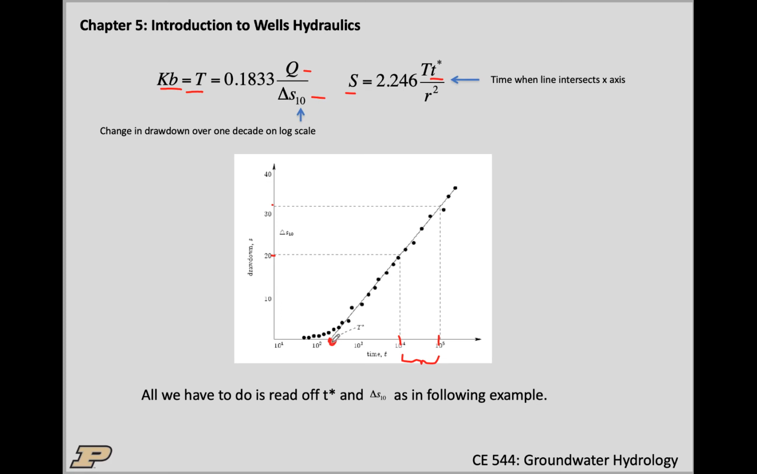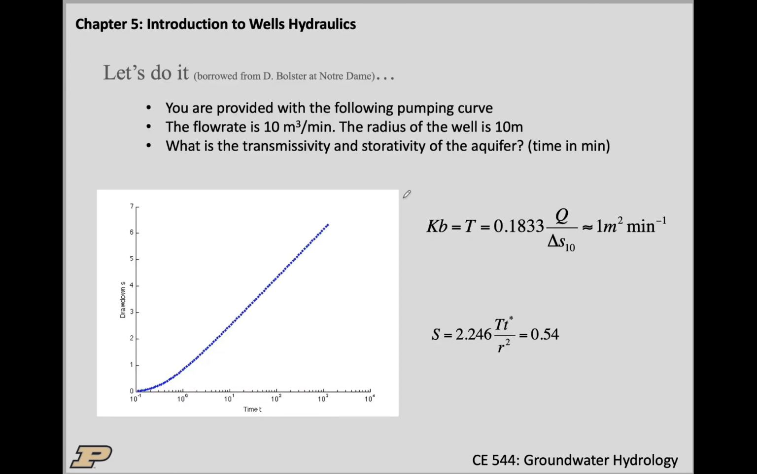So measure T star from the data, and measure delta s10, a log increase in time. If you multiply time by 10, how much do you increase the drawdown? That's your delta s10, and that's all you need to know. If you have both those things, you can plug in and calculate. So here's an example. I'm going to do it by hand, and then I'll show you the result in the next slide. If we assume this was linear from the beginning,